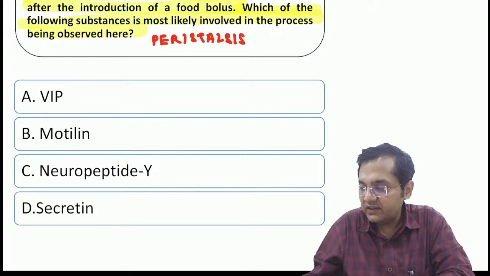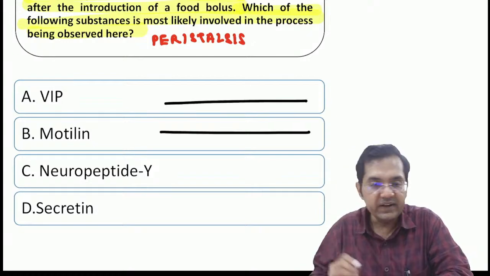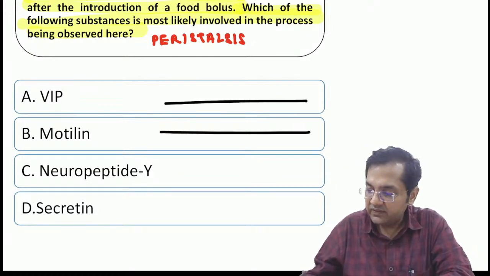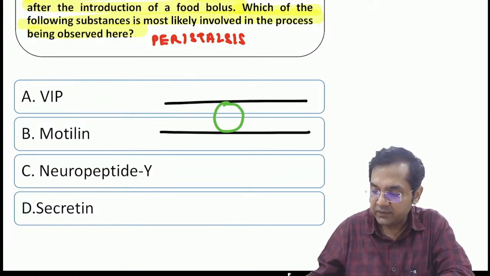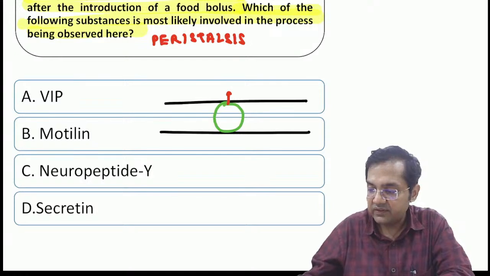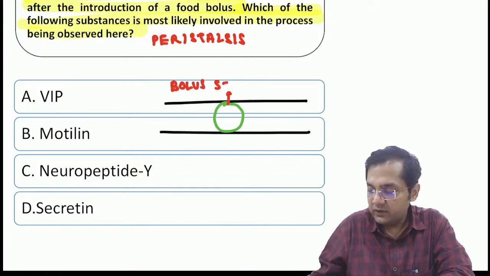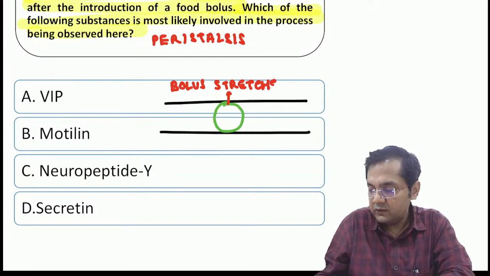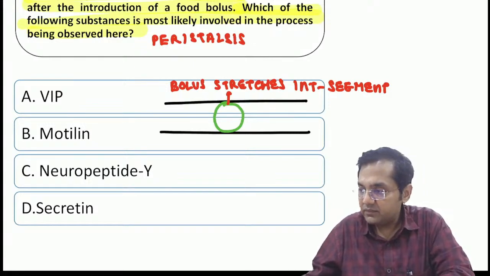So in peristalsis, what actually happens is, if this is your intestinal segment and this is, let's say, a bolus, as the bolus stretches the intestinal segment, immediately what we observe is that there is